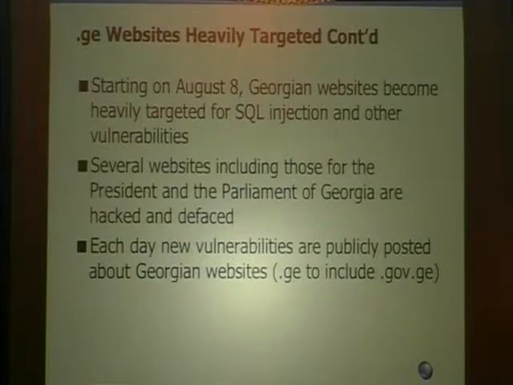During this time frame, the websites of the president and parliament were both hacked and defaced. They were defaced, and I believe both of them servers were actually complete root compromises. I know at least one of those had a complete root compromise. I don't know if that came as a result of a web-based injection or not, but I do know that.